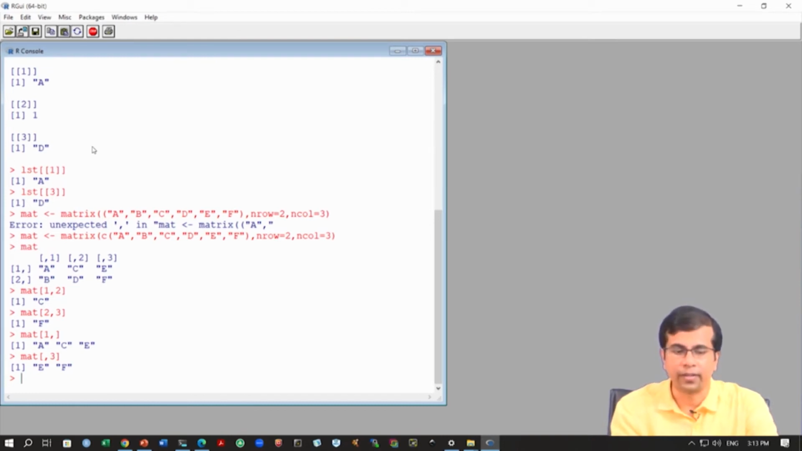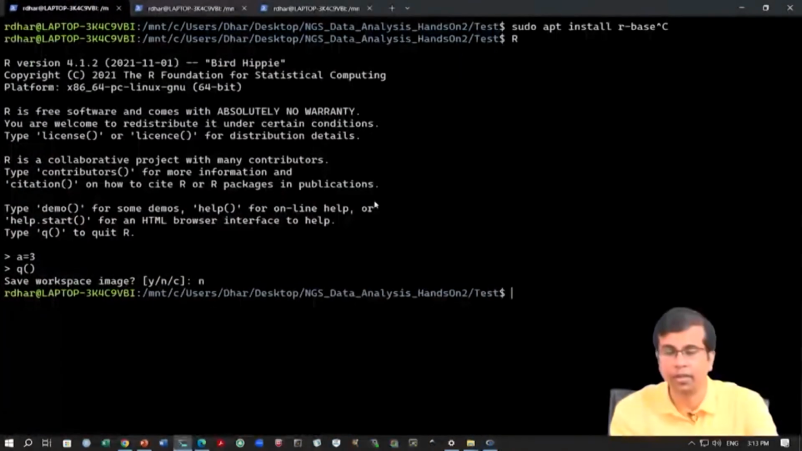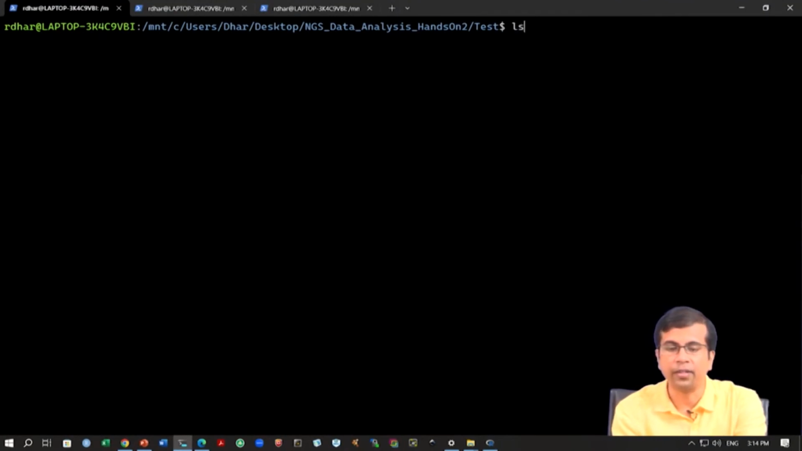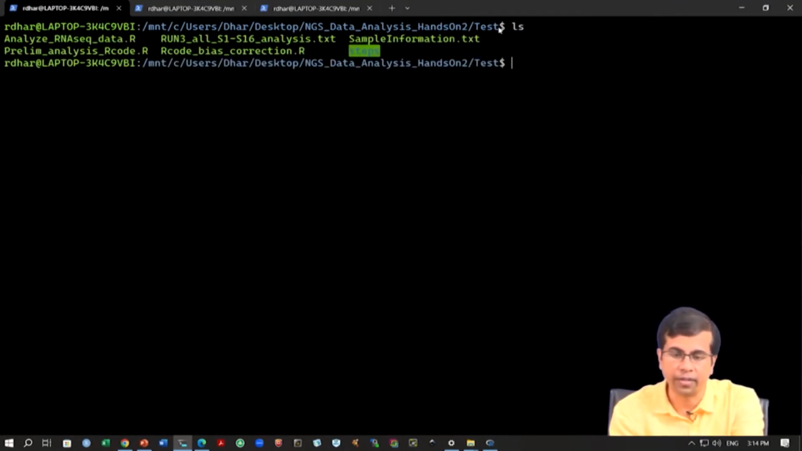Okay, so we will start loading the data first, but let us have a look at the data. For that I will go to the terminal, because here I have loaded the data. It is here inside this folder. This is the ingest data analysis hands on test, and this is the file that actually contains the raw count data. We can check this in the terminal